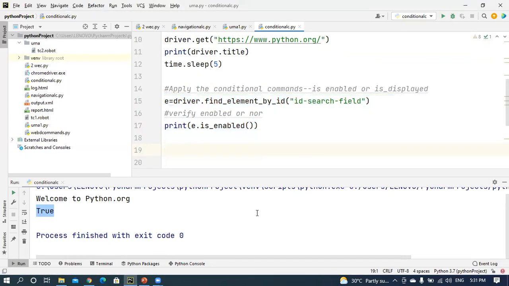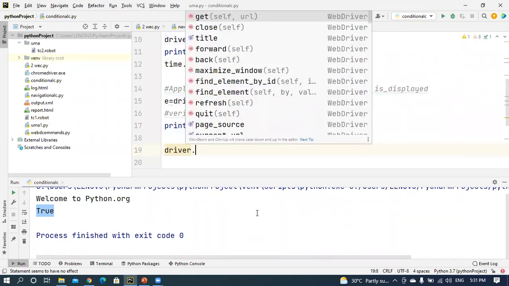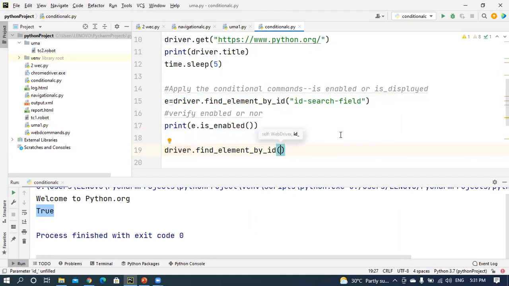Do you have any idea, by using which method? Send keys. Yes. By using driver dot find element by id. Same id I am taking. You may take the name also, it is already available. Same id value I am passing.